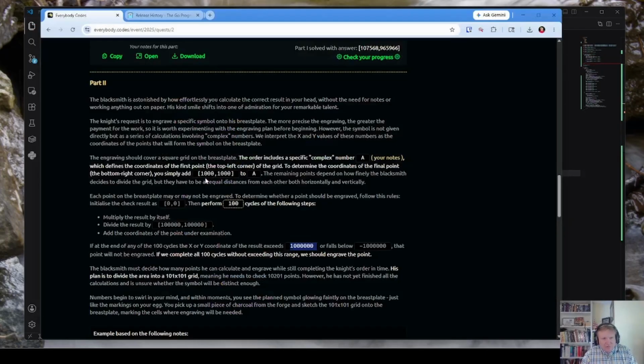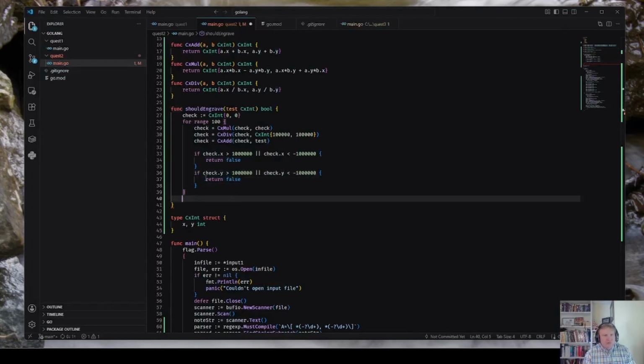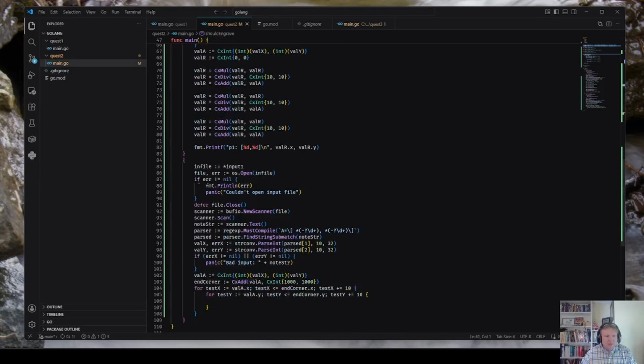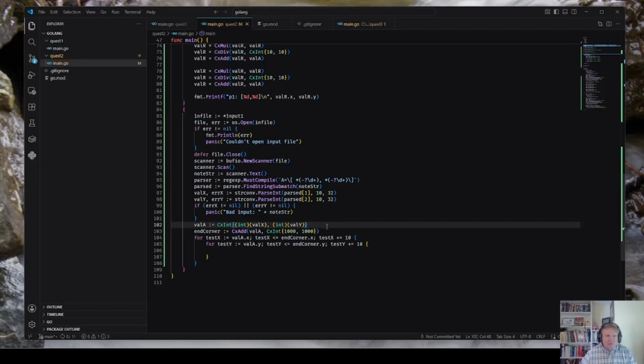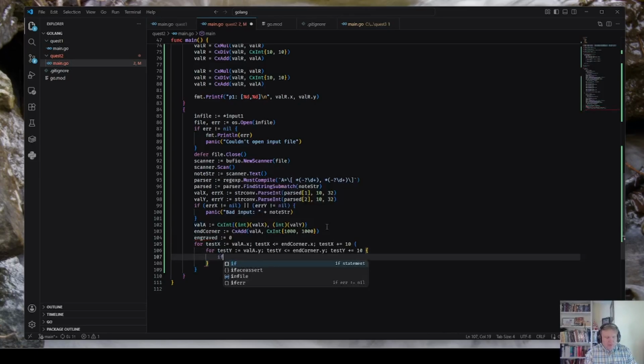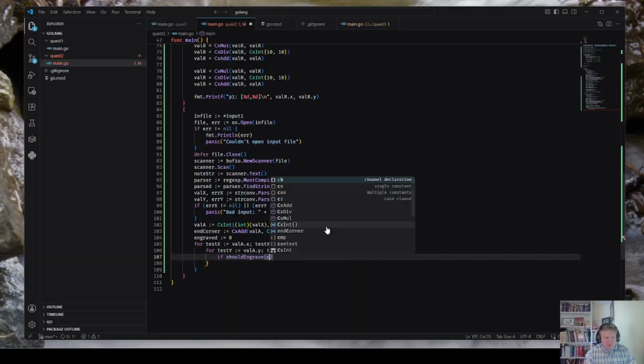If x or y coordinates, okay, and then if should engrave